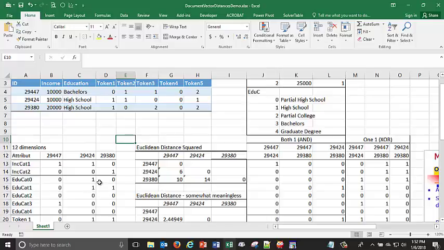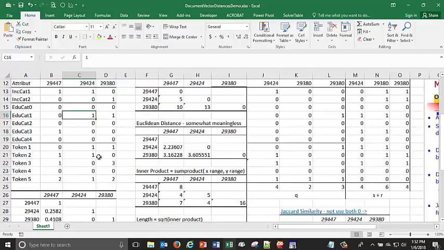2442 has high school, so high school is category 1, so this one should be a 0. And similarly for 29,380, which is a high school level. So these are the first 7 variables having to do with income and education, and then the rest of them are just the number of the tokens, and so